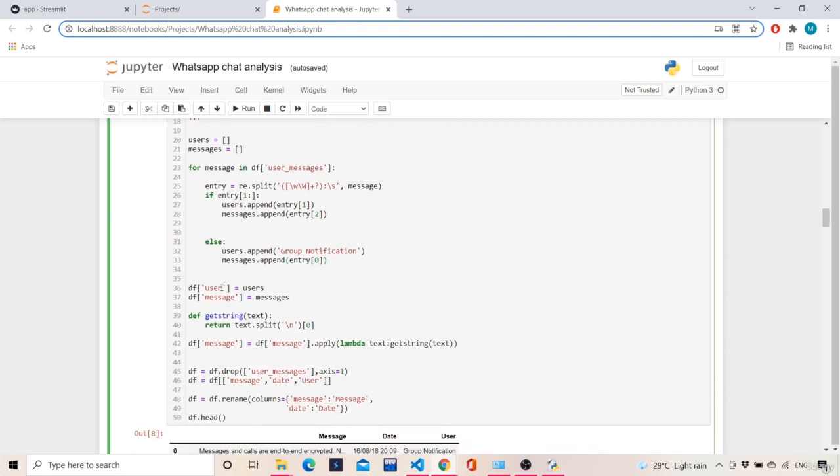So what we are doing, df of user is equal to users, df of message is equal to messages.